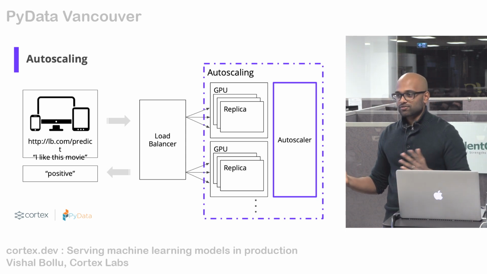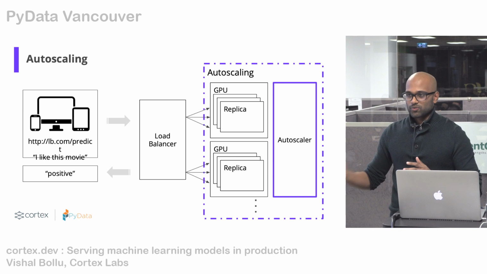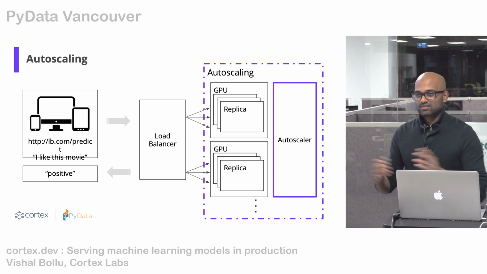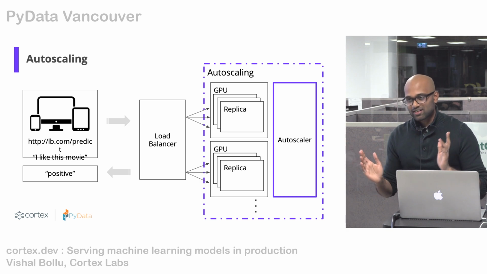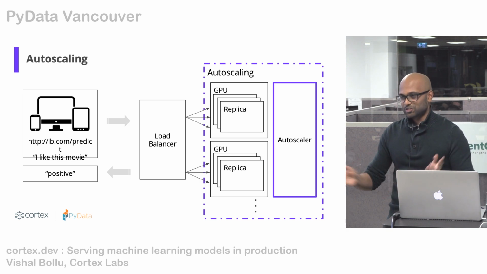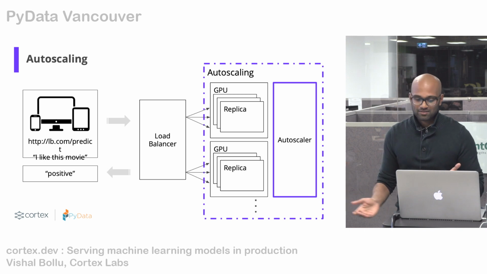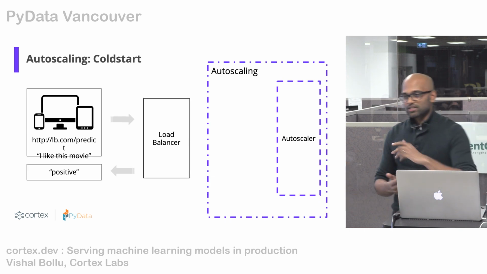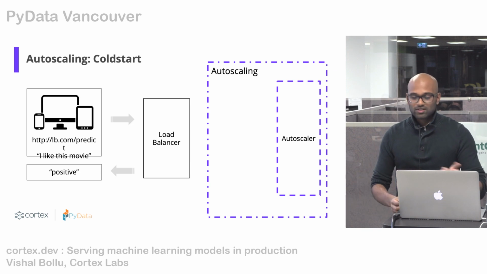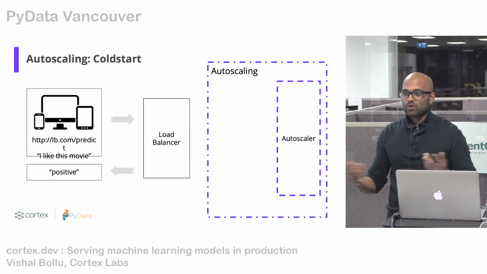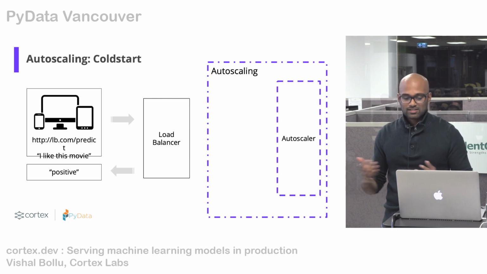Now, what happens if your autoscaler scales all the way down? This can happen if, let's say, nobody accesses your web service for like 3 months. The autoscaler, if it's doing its job correctly, will scale all the way down. And this is where we have the cold start problem. It's where you have no replicas available, and your user makes a request. And now what happens? That remains in the load balancer queue, chances are, and that user has to wait